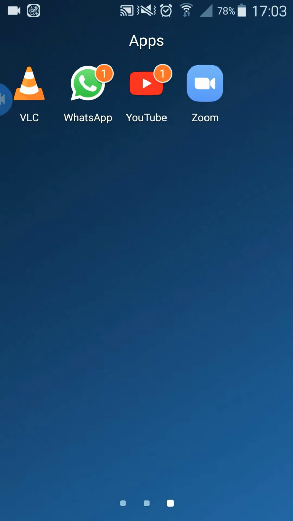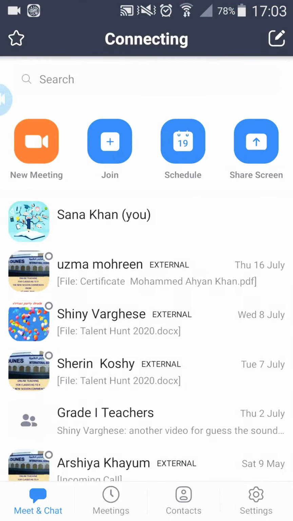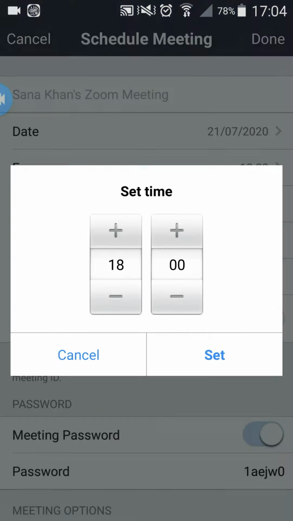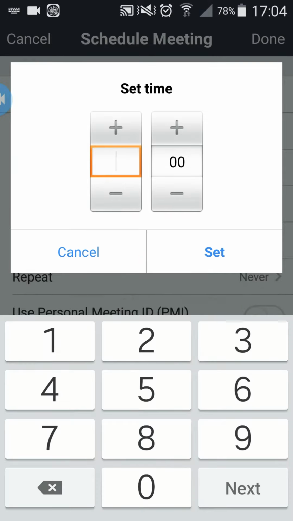teacher, colleague or manager. Now I have started my Zoom app, then I will go to schedule meeting and I will select the time and date when I want to conduct the meeting. So the date is 21 July and I will select the time. The time I will keep is 17, that means 17:15